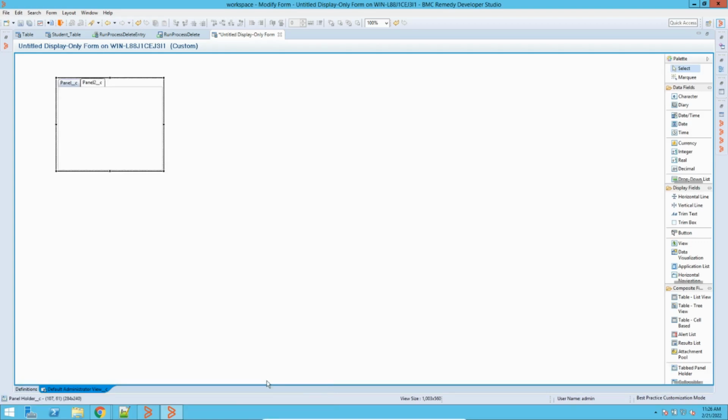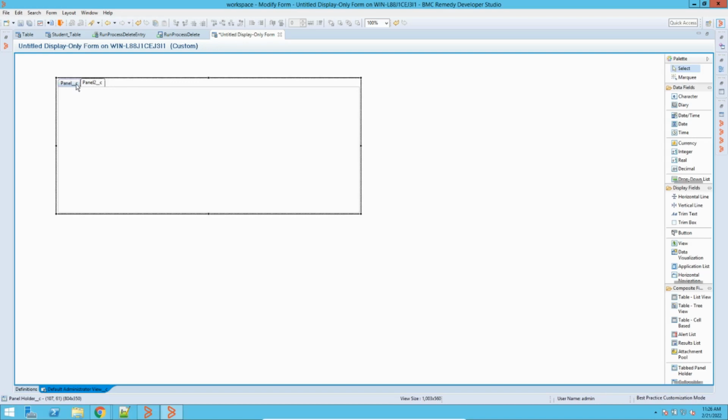If I click on this tab panel, by default it will give me this view, which will have basically two tabs. Now what is this tab panel? Tab panel is a layout where you want to design a form, and you need to capture or put information in different tabs. So for that, we use this tab panel. Once you have added it, you can drag it, drop it, and resize it. Also, you can rename it.